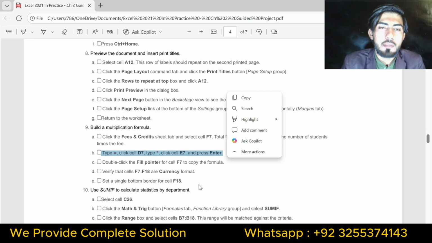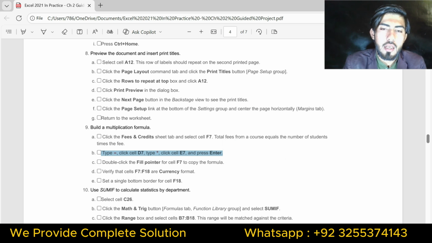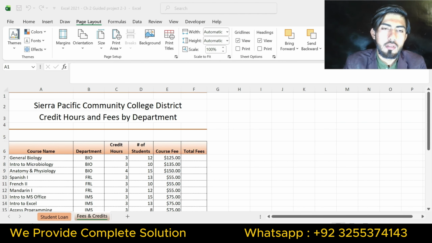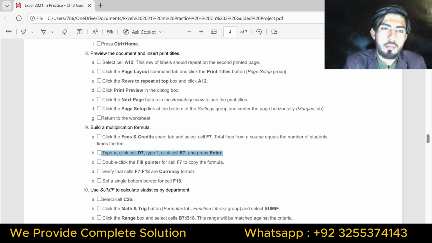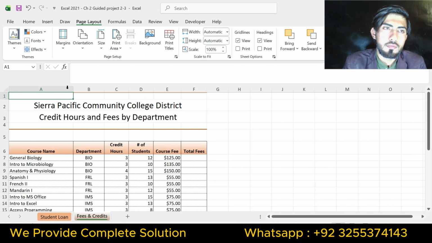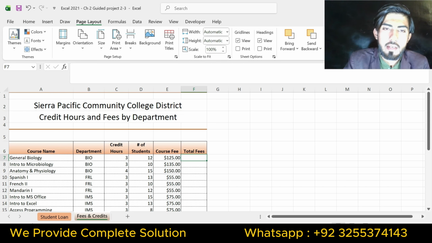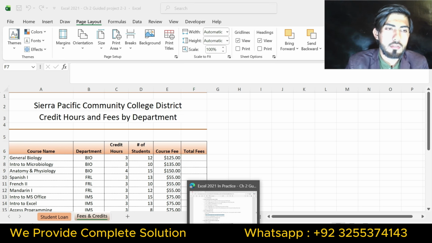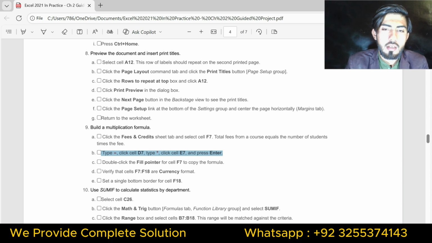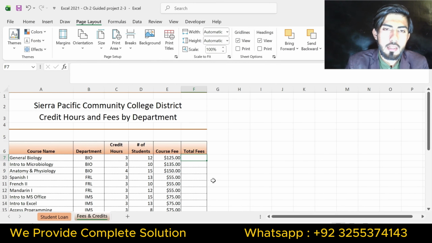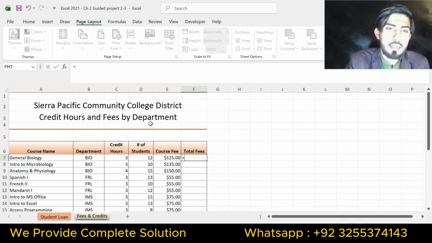Type multiply, click cell E7 and press enter.